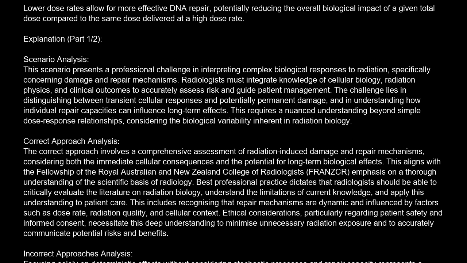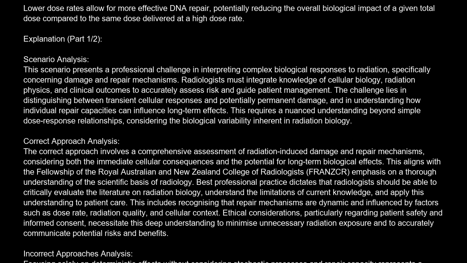Explanation. Scenario analysis. This scenario presents a professional challenge in interpreting complex biological responses to radiation, specifically concerning damage and repair mechanisms. Radiologists must integrate knowledge of cellular biology, radiation physics, and clinical outcomes to accurately assess risk and guide patient management. The challenge lies in distinguishing between transient cellular responses and potentially permanent damage, and in understanding how individual repair capacities can influence long-term effects. This requires a nuanced understanding beyond simple dose-response relationships, considering the biological variability